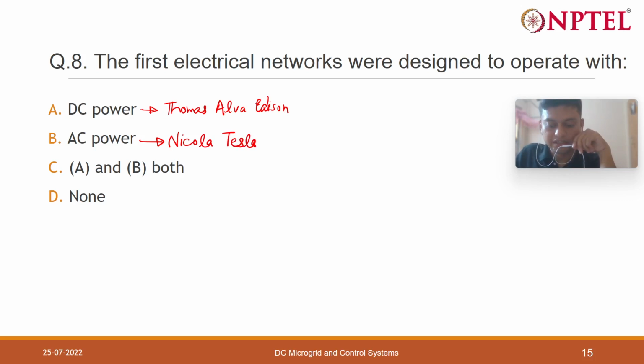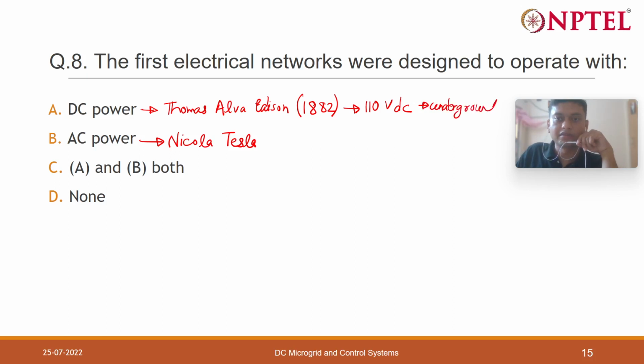The first commercial power system of Thomas Alva Edison came into existence in 1882. The first DC electrical power system, in 1882, was at the Pearl Street station, New York, to deliver electricity produced by central DC dynamos at 110 volt DC, over underground copper cable. The cable used for transmitting the power was underground at that time.